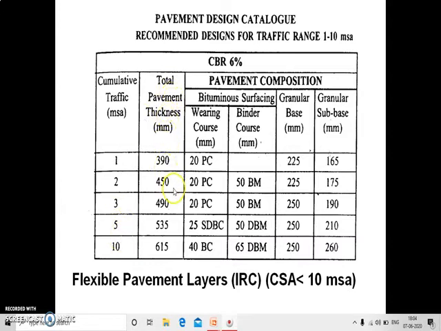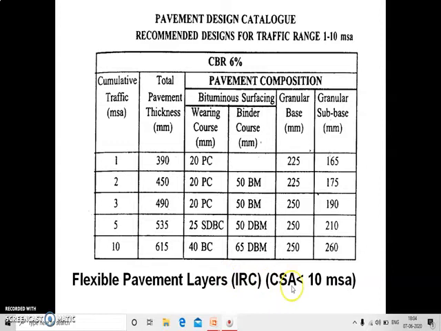You have granular subgrade soil. This is the shape for granular subgrade soil. And then granular base, this one. You have to see the difference between granular subbase and granular base. And then dense bituminous macadam. You see this diagram. Then base macadam. You see this one. Base course and the standard dense base course and then plain course.